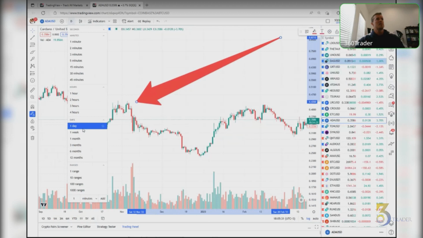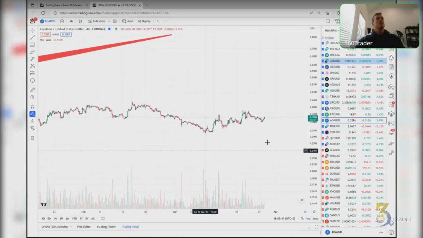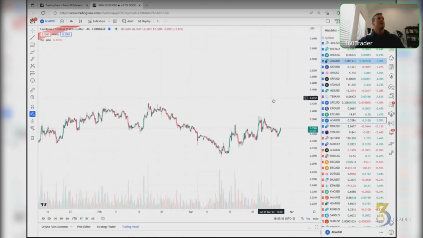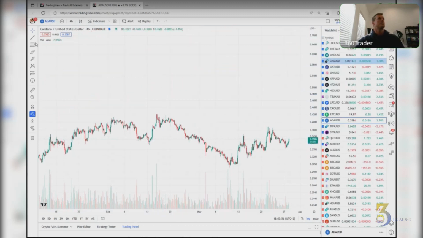When I want my long-term views and I want to see years, I will go to monthly, 1 month charts to get a long-term range view. So I'll use monthly a lot. Daily, I love the 4-hour charts. I will use 4-hour charts a lot. I will use, let me get this arrow back, which is now huge.